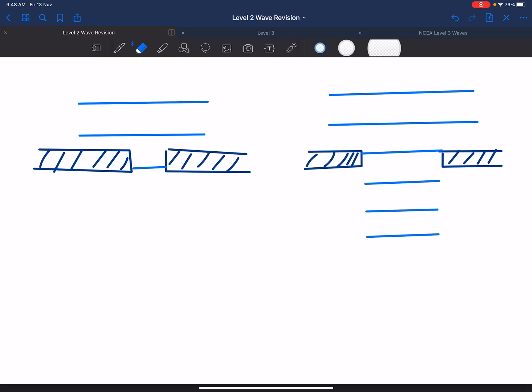If the gap is really big, make sure you use a ruler to measure. This one is only going to bend a little bit, like that, right? And this one is going to bend a lot,